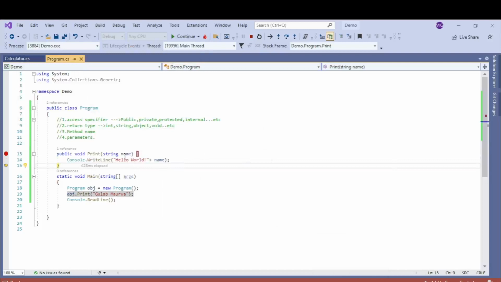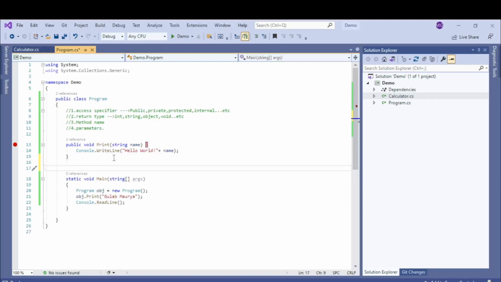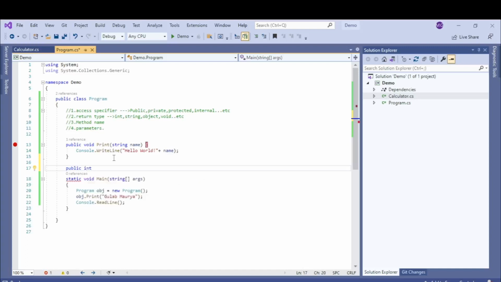This is the way we pass data to the method. Let's create a method which will take two parameters, two numbers, and add these two numbers. Inside the method we will be adding these two numbers and then returning that data back to the caller. Let's create a method Add. Again we'll have the access modifier as public. This time I'm returning something. Addition of two numbers will return an integer, so public int, and then the name of the method, Add.